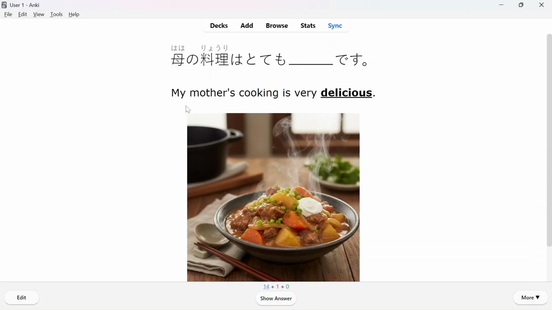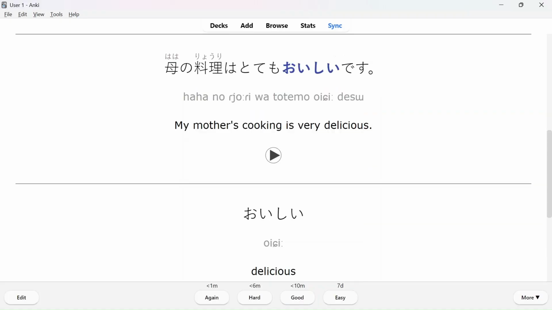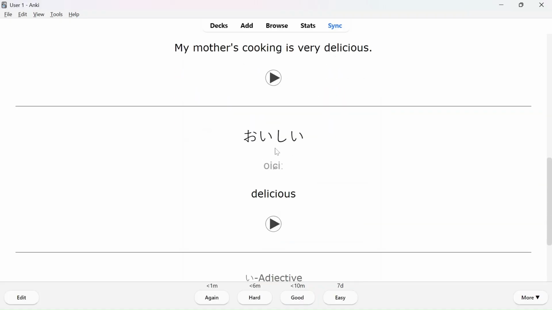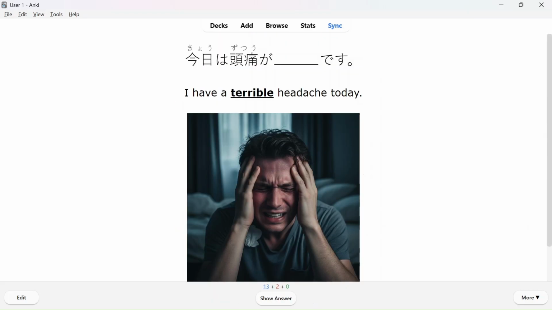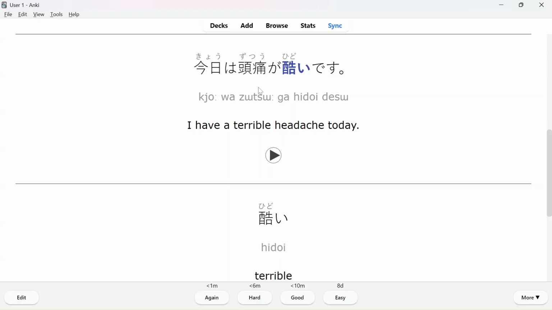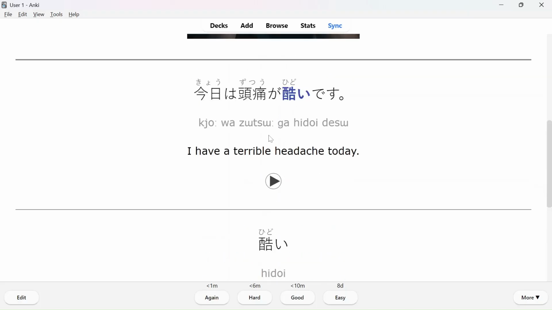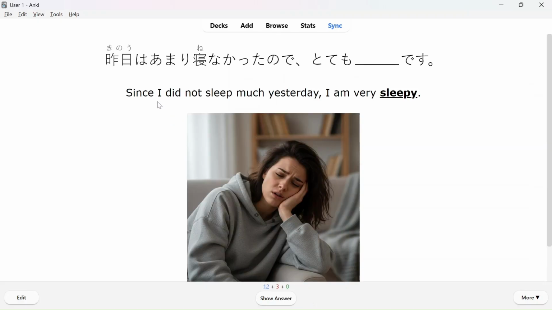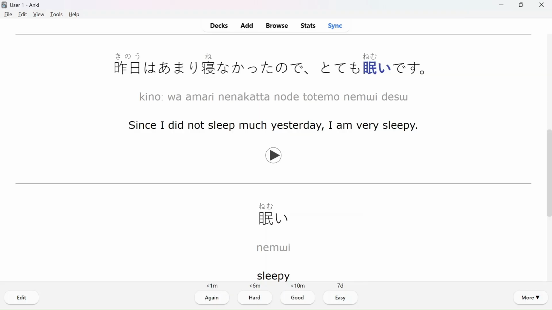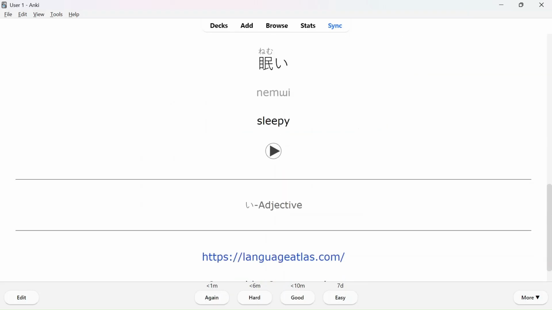Let's continue. My mother's cooking is very delicious. How do you say delicious? 母の料理はとても美味しいです。美味しい。 Great. I have a terrible headache today. How do you say terrible? 今日は頭痛がひどいです。ひどい。 Great. So we see the sentence area, we have the word area and the adjective type. Since I did not sleep much yesterday, I am very sleepy. How do you say sleepy? 昨日はあまり寝なかったので、とても眠いです。眠い。